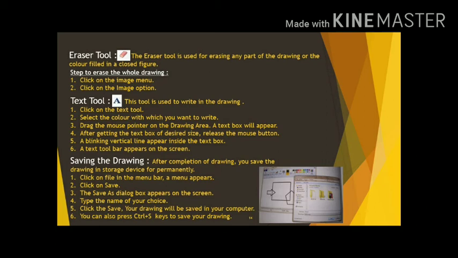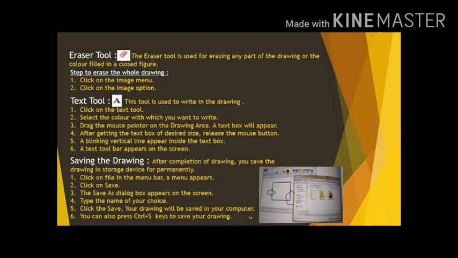Text tool. This tool is used to write in the drawing. Steps are: first, click on the text tool. Second, select the color with which you want to write. Third, drag the mouse pointer on the drawing area.